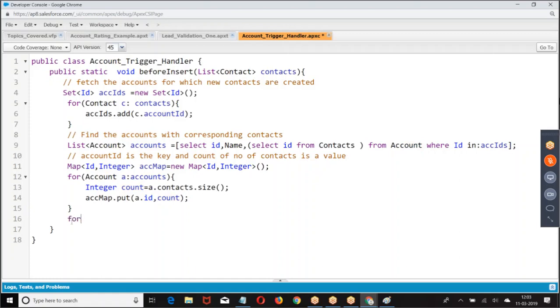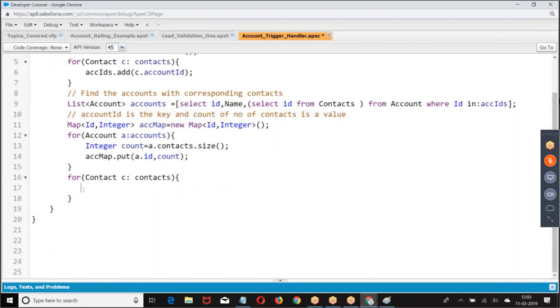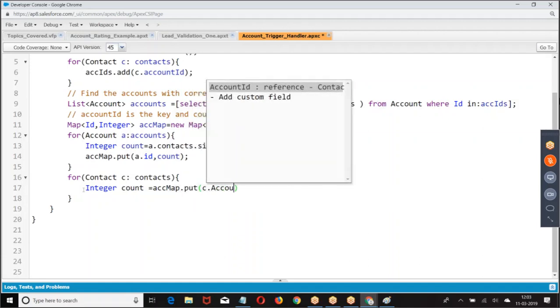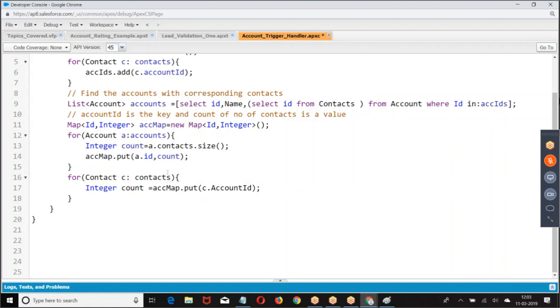Then what I'm going to do? For each contact, get me integer count equal to accMap.get(c.AccountId). Whatever the account for which I am creating this contact, if I give that account ID, it will give me the number of contacts already there.